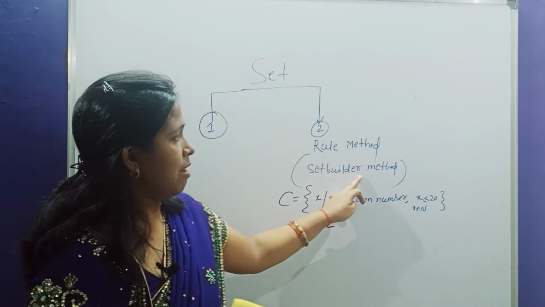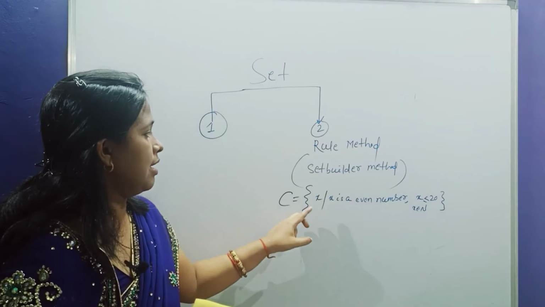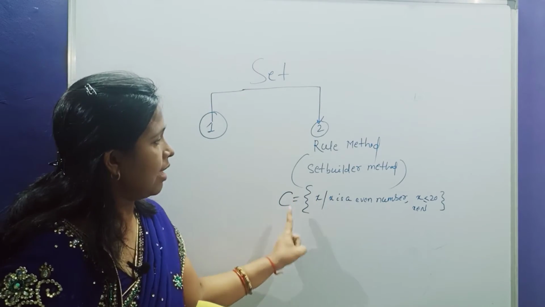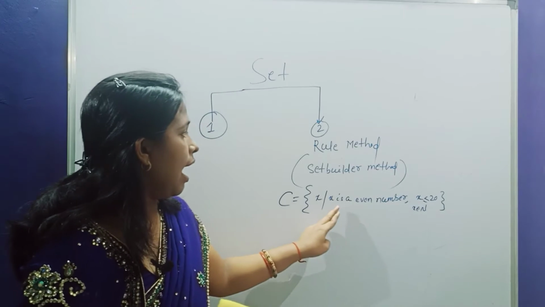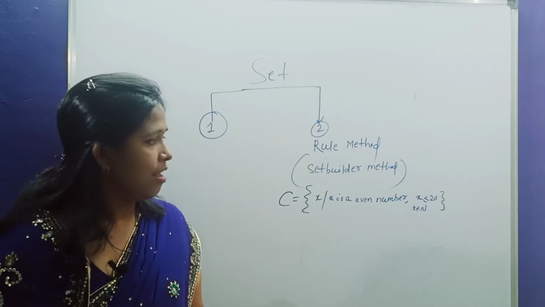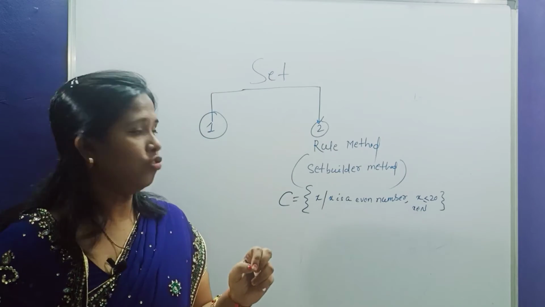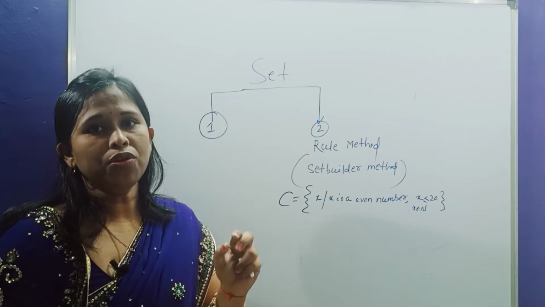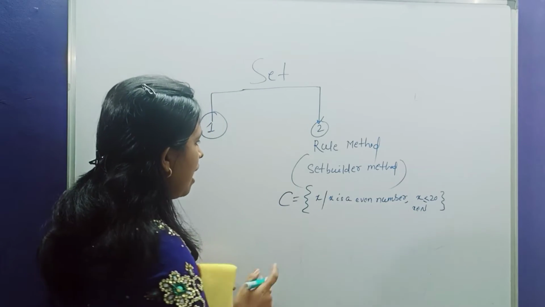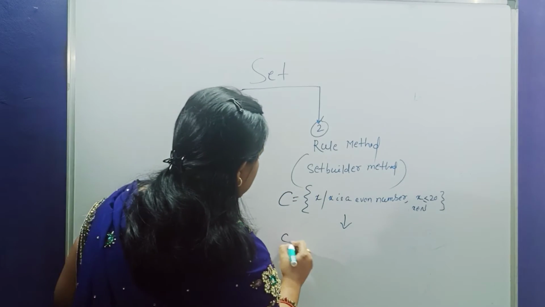This is in the form of set builder method, one set this is, and it is in the form of your rule method, that is x. x is nothing but the element of the set. x कुछ नहीं है, ये set का element है, and x is an even number. x कैसा element है? It is an even number and x less than equal to 20. हम लोग जो x का जो numbers लिखेंगे वो less than equal to 20 होना चाहिए, और x belongs to set of natural numbers. So I am just expressing this set from your set builder method to listing method.